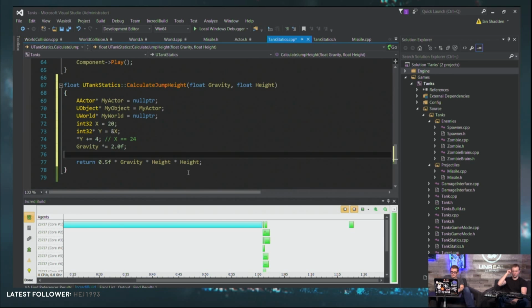Well, actually the U property reflection system handles that too. So this is all tied into taking memory management out of your hands and making sure that it's done as perfectly as we can get. I mean, if it's bug free, you'd say it's perfect. But that's the idea here, that these chains of objects that are interdependent on each other should not be managed manually. It's a super bad idea, and it's not really viable anymore. So that's what our garbage collector is. That's what it does, and that's why you want to use it.